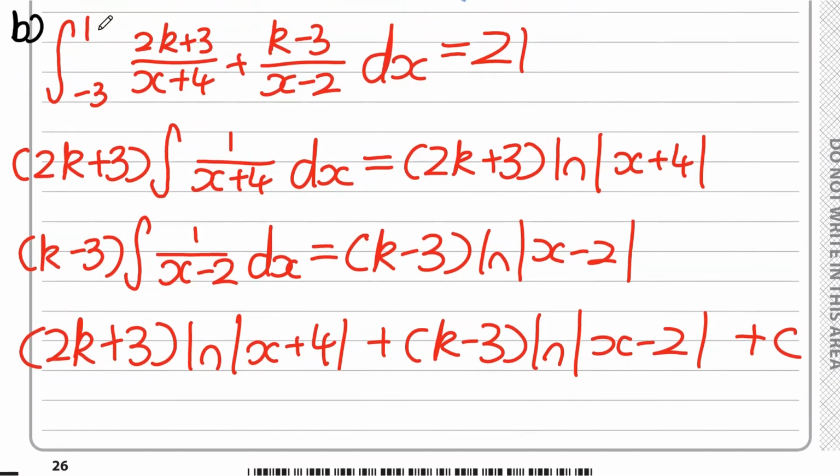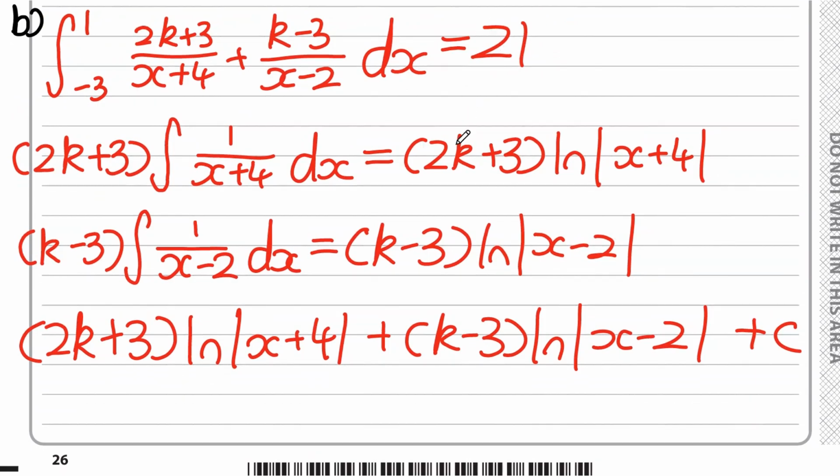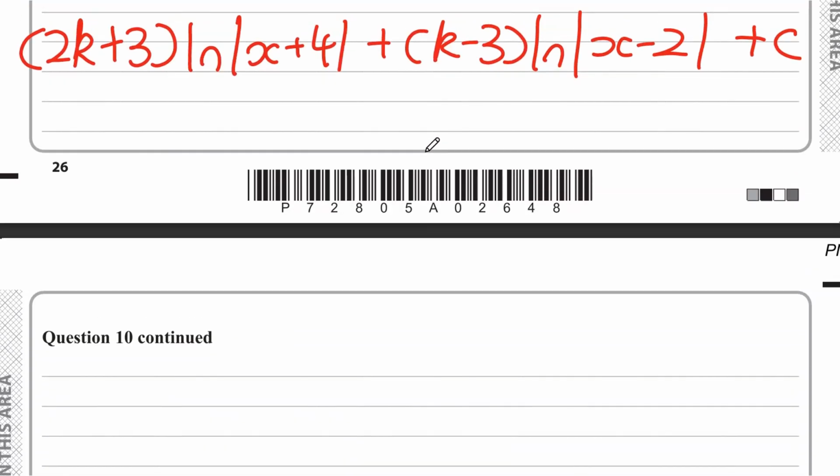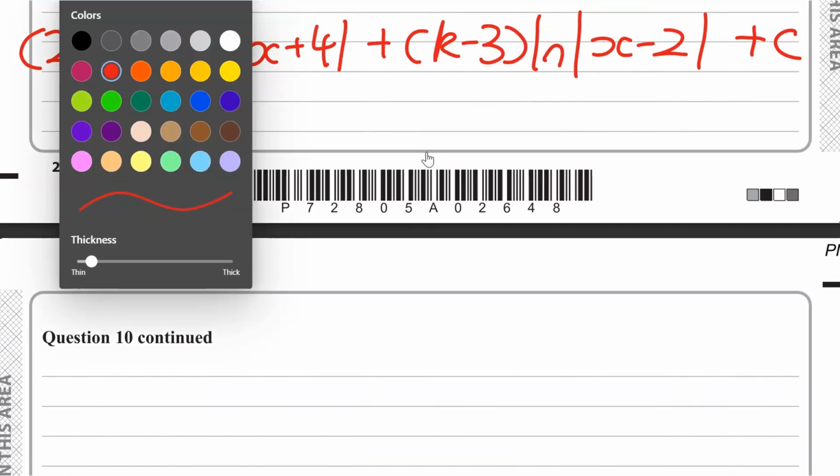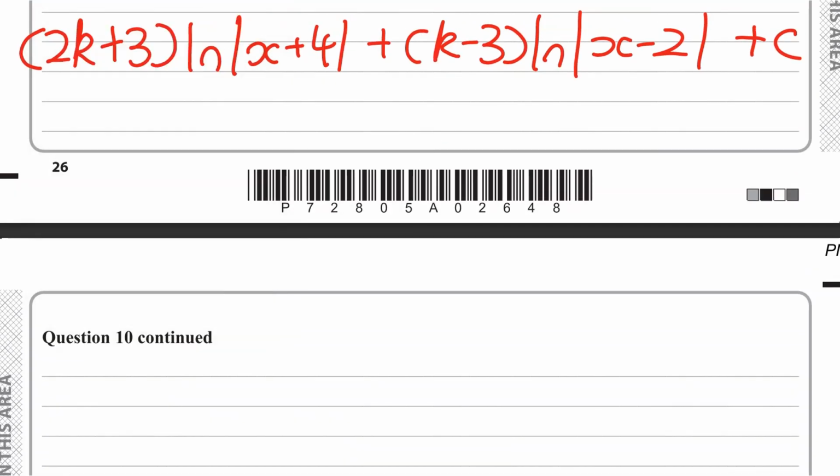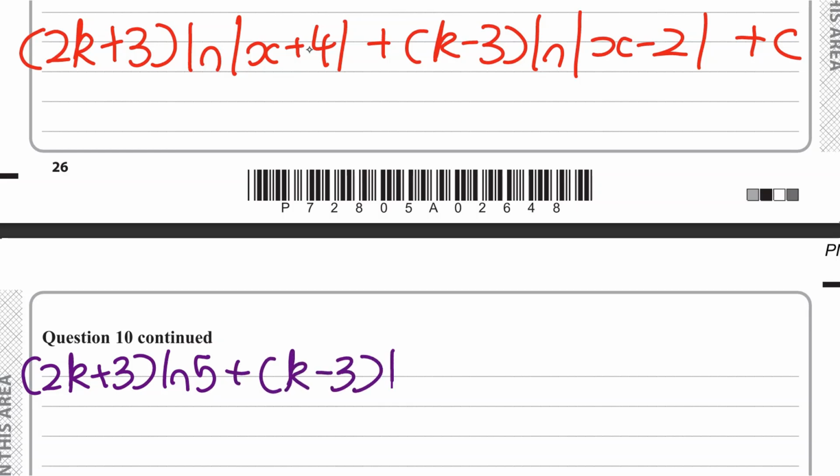So now we're going to sub in the limits of 1 and minus 3, and this is going to be equal to 21. If we sub in 1 first, it's going to be 2k plus 3, and then the natural log. If we sub in 1 for this here, it's going to be 1 plus 4, so it's going to be 5. So it's going to be the natural log of 5 plus k minus 3, and then the natural